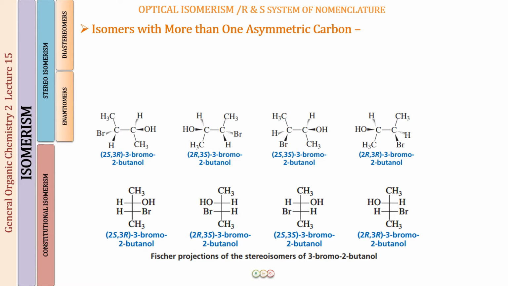So now I have drawn all the 4 stereoisomers in both the projections, the wedge and dash and the Fischer projection also. So you can learn converting one into the other with the help of the names. The names have already been given, and when I'm talking about the names for the Fischer projection, the naming of the 4 compounds is going to be very easy if you just know the name of one of them. Okay, how?